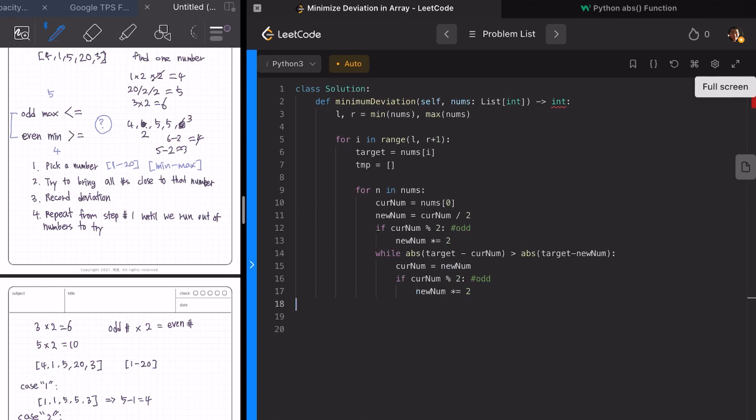So we can repeat this until we get the current number. And then we can append